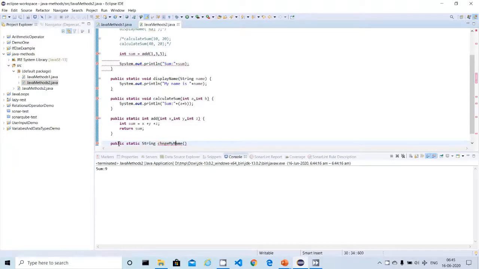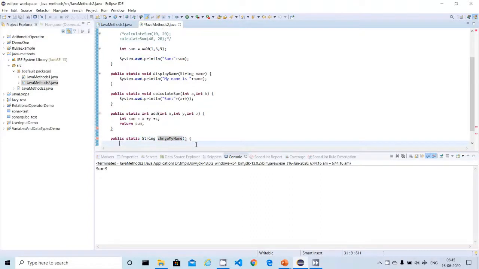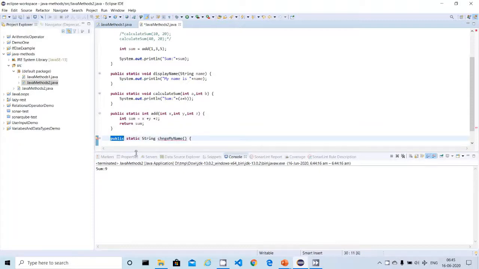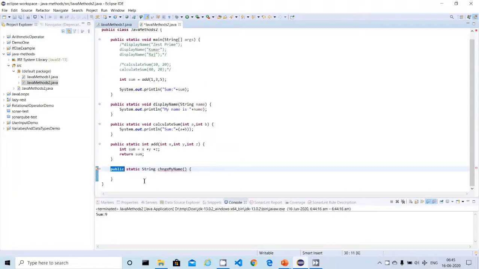Yeah, if you see the method how I define here, we have an access specifier, and static is a keyword, and here the return type is a string, not integer. So the method name here is change my name. Here I'm going to take the input as a string. Here I'm going to return as a string, change name equal to